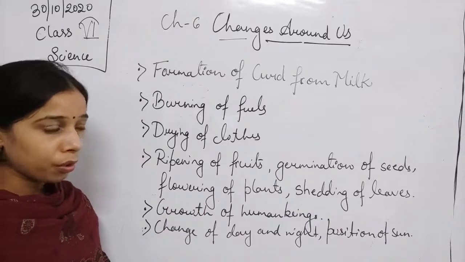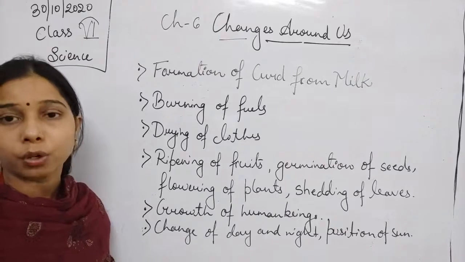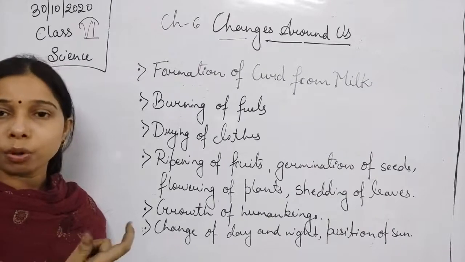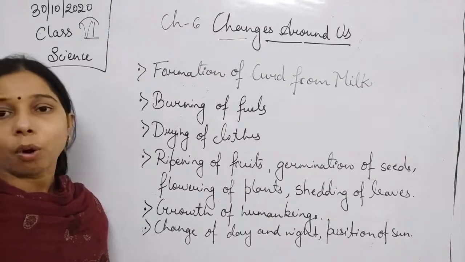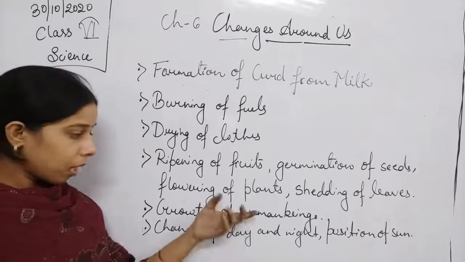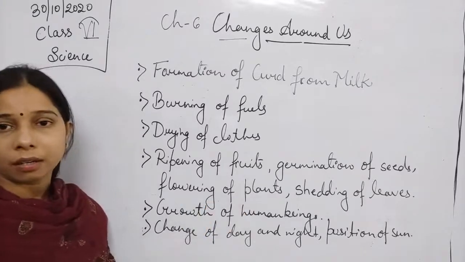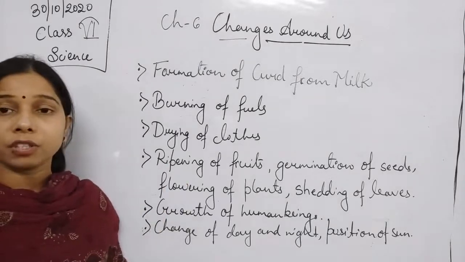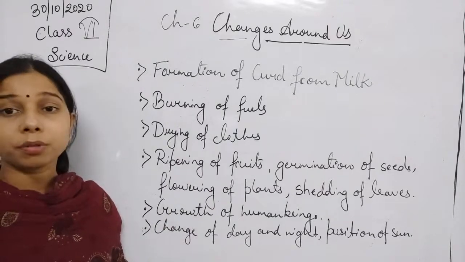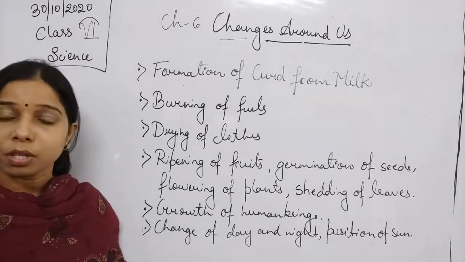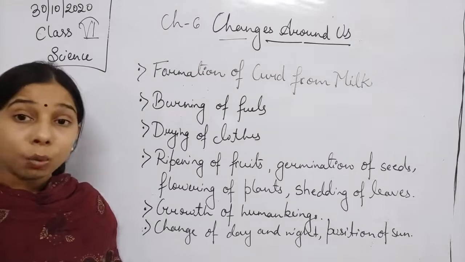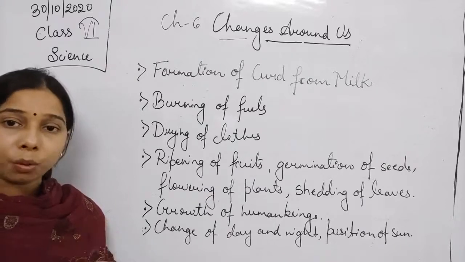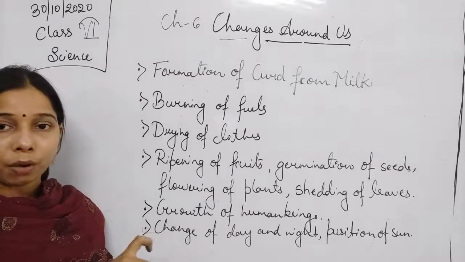In the plant, student, a lot of changes can be seen. The first thing is the growth of the plant. Okay, the plant from the seeds grows into a tree or a plant. So before that we can say there is a germination of the seeds. Because of the germination of the seed, there is a formation of a root and shoot. In the previous chapter also we have discussed the germination of the seeds, in which a sprouted seed, from which a white structure is coming out if we are giving a proper amount of moisture to it.